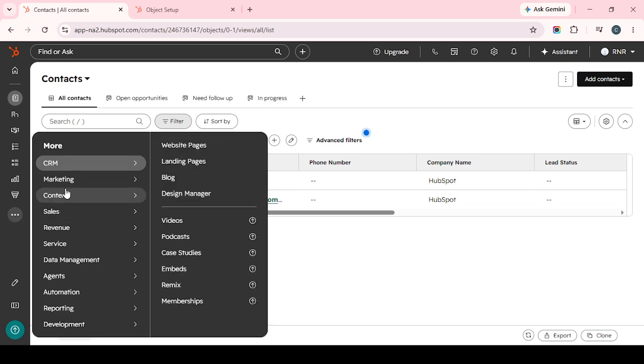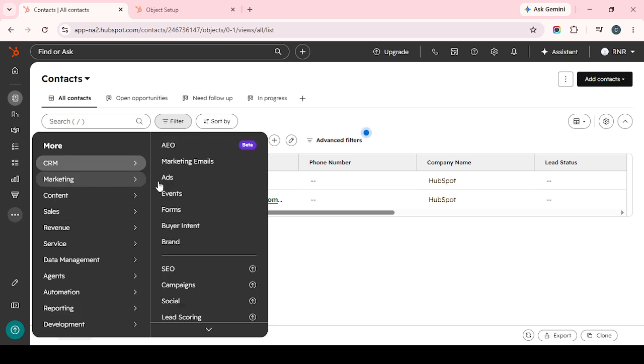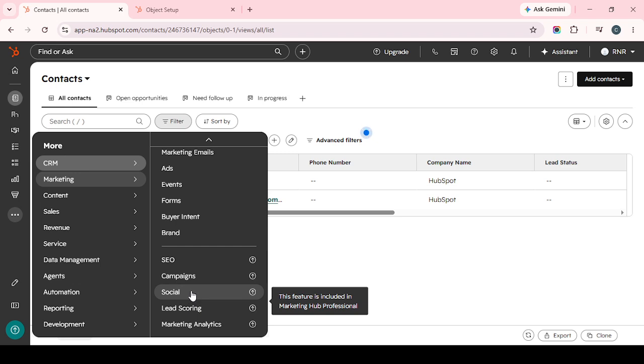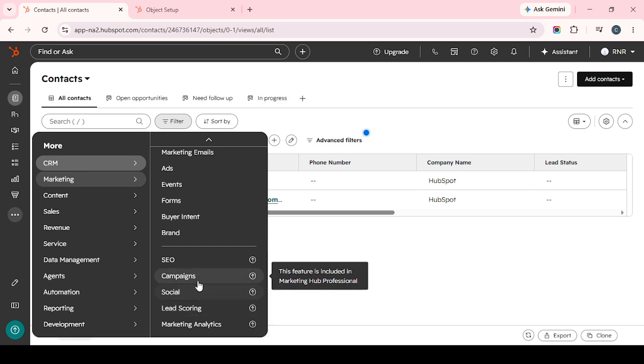To get started, log into your main dashboard and go directly to the Contacts section. From there, open Contacts again inside that area so you're viewing the main Contacts table. This is the page where your existing records are listed, and it's also where you can bring in new ones